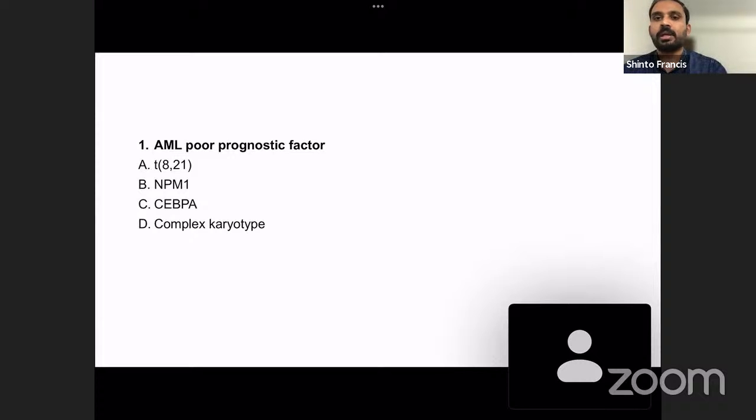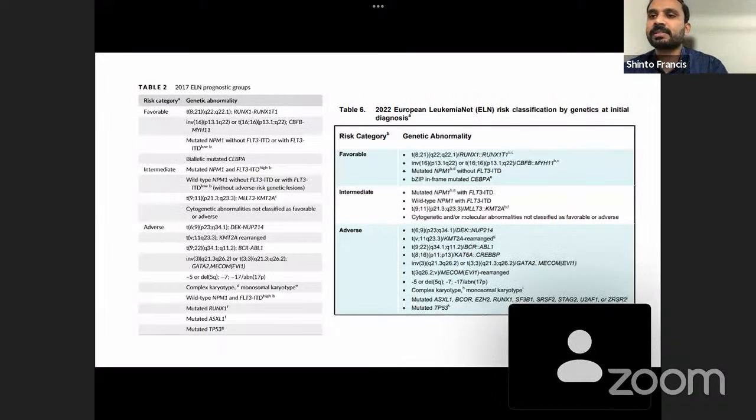Okay. So here the given options were translocation 8;21, NPM1, CEBPA, and complex karyotype. So it's a straightforward answer. Poor prognostic factor, we all know it's a complex karyotype. So this I have discussed in the QRP sessions. So we have the European LeukemiaNet prognostic group. So this is 2017 on the left side, and on the right, this is a recently launched 2022 latest updation,